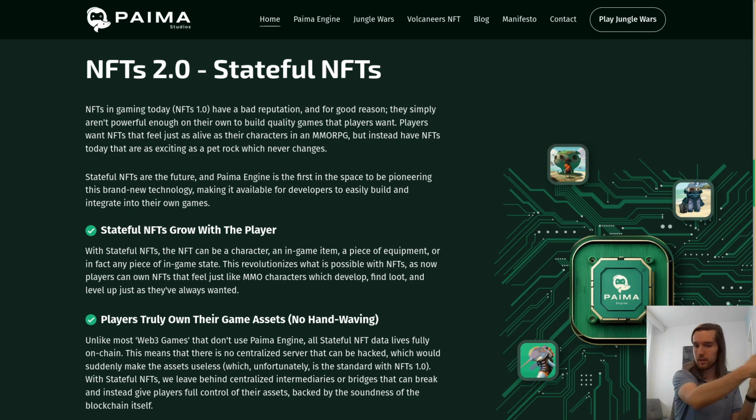And so you can have a stateful NFT that's like a character, like we said. You can do time-based events where if someone does an action, they can get plus 25% experience. People can have kind of passive games where they send their character out onto an adventure, and every 30 minutes or every hour, the character gets a random roll, and maybe they succeed on the adventure and they find some gold, or they ran into an enemy and they failed and they got hit and lost HP. All of this can happen automatically with the power of Paima Engine and passive time in Paima Engine,